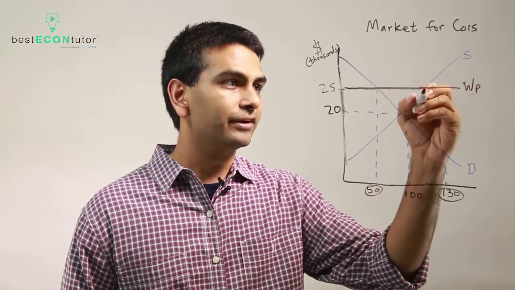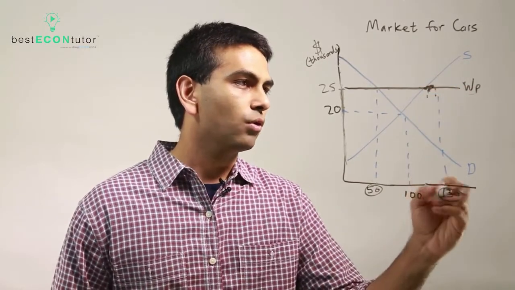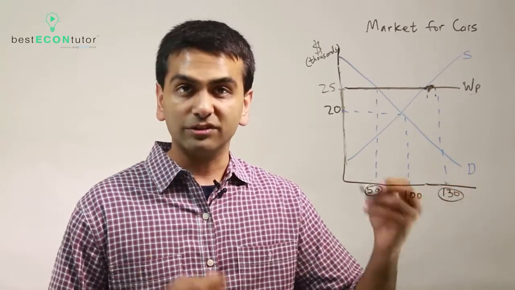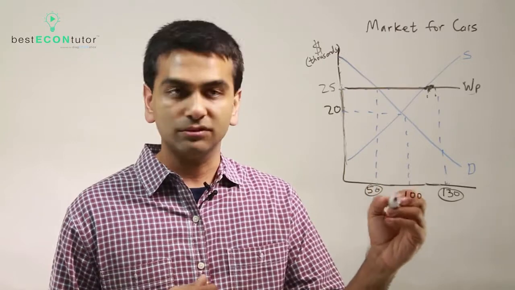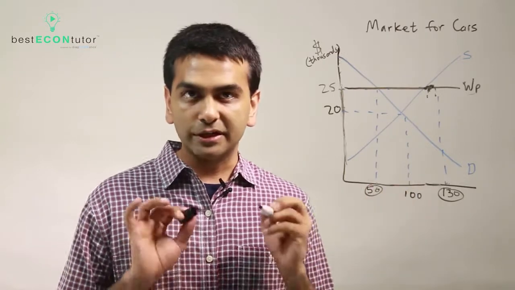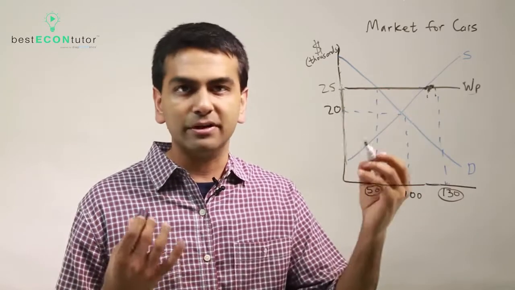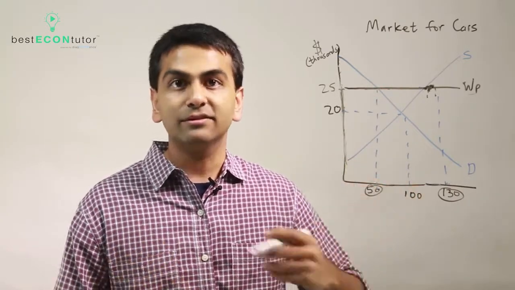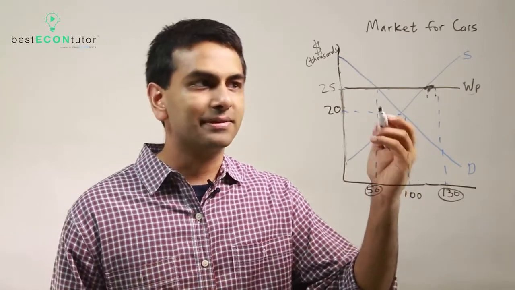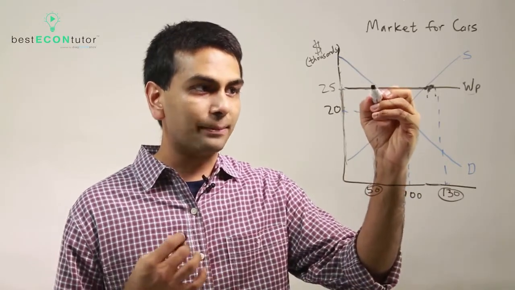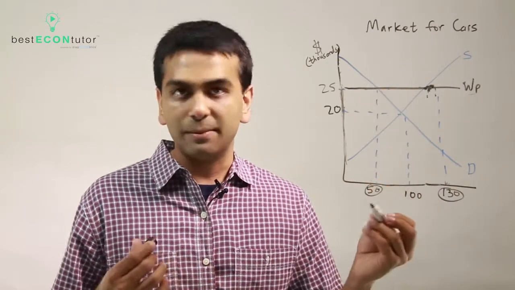So the suppliers are going to sell at that price. So at $25,000, it looks like 130. So you're going to want to sell 130 cars, more than you did when the price was only 20, that you wanted to sell 100. But now if you're a consumer at home, you're also going to face a price of 25, right? So one theme here is whatever the world price is, the domestic price, when you're engaging in trade, will end up having to match that. And the original equilibrium doesn't mean anything anymore. So at a price of 25, the consumers at home, if you look at the demand curve, only want to buy 50 cars.